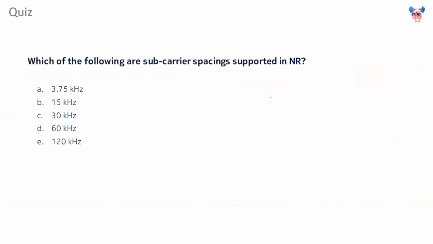Okay, guys, so any questions so far? If you don't have any questions, let's have a small quiz just to see that you are getting the point of what I'm saying, and then we can jump to our next topics. Okay, so let's have this question, and please answer this question in the chat box. Question number 1 is, which of the subcarrier spacings is supported in case of NR? Can you please answer this question?